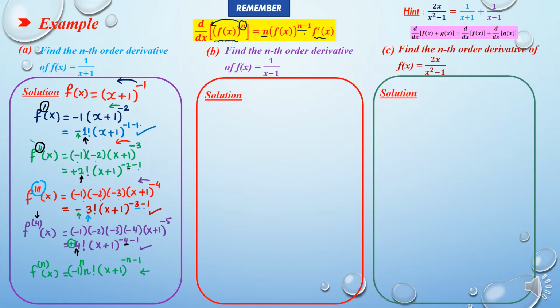So here, when the derivative order is even, the answer will be positive, and when it is odd, the derivative itself will be negative. So you have to multiply by negative 1 to the nth power. I will put it as a note here: negative 1 to the nth power in general